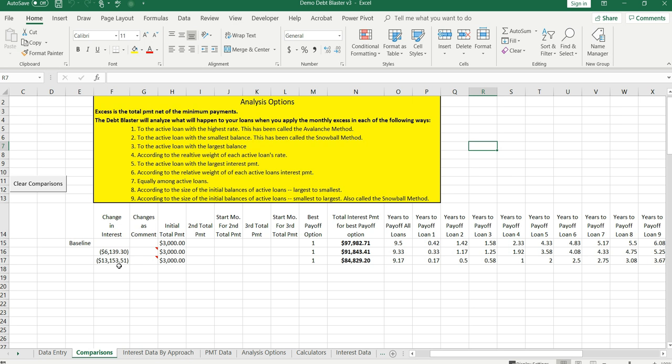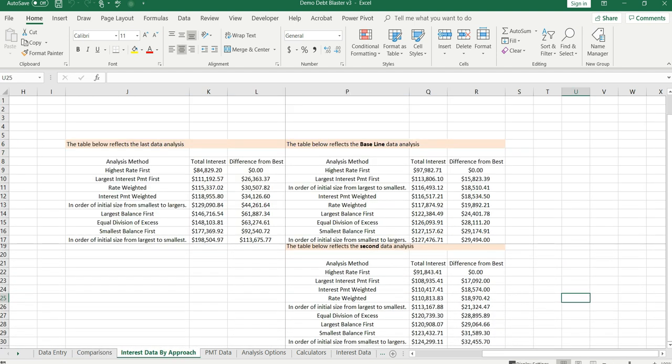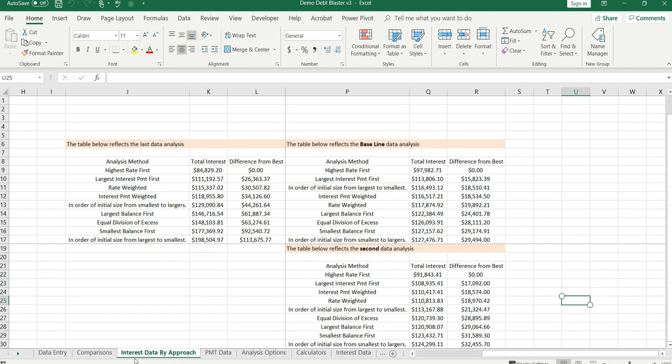Now go to the interest data by approach. Now we have both tables that we can have a look at. Here is the last data run. Here's the baseline, and here is the second data run. All of the other methods performed much worse with this last data run than they did in the second run. You pay a huge price for going smallest to largest,